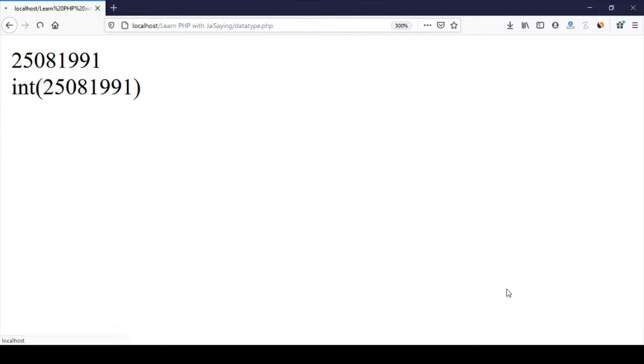You can check, for true it gives 1, and for false it gives 0. What is the data type? Boolean data type.